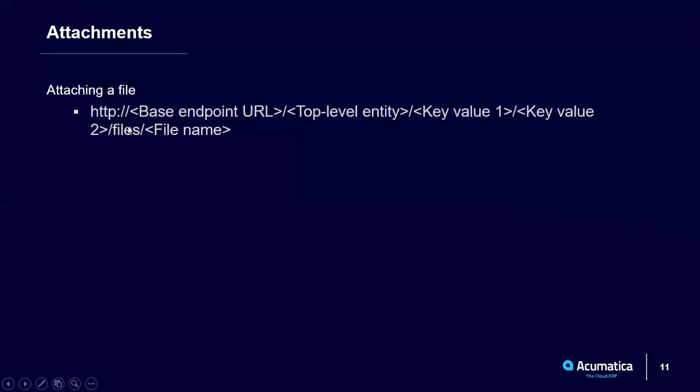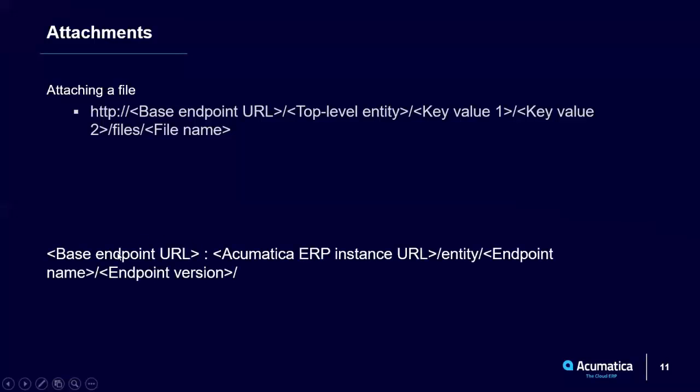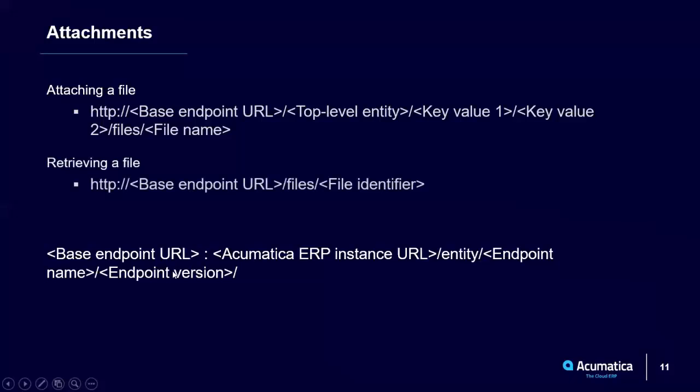We have the keyword file and then the file name, and the content of the file would be in the body of the request. Here I have the definition for base endpoint URL, which is, as I've been mentioning since the start, the Acumatica ERP instance URL, the entity keyword, endpoint name, and endpoint version. If you want to retrieve a file, then it is the base endpoint URL / files, and then the file identifier that you can retrieve